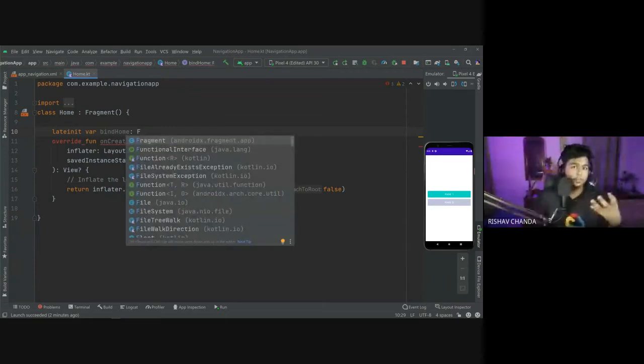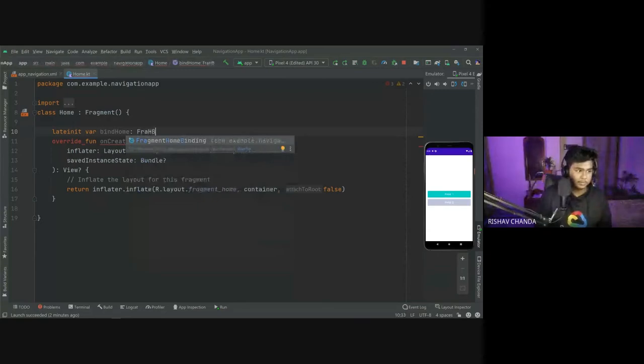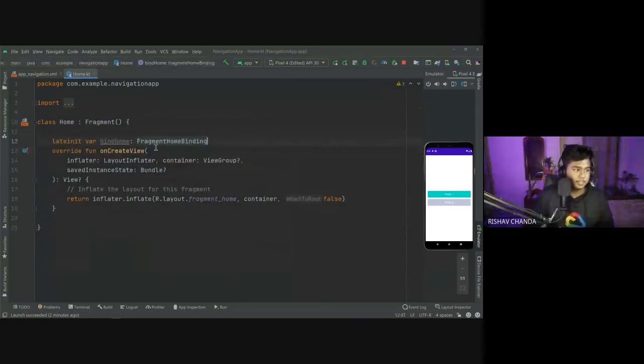When you are implementing the binding in main activity, you have written activity main binding. So here we have a fragment, so we will be writing fragment home binding. Okay, this is the process of how it works. So I would write fragment home binding, this one. Once it is done, it will import the binding automatically. And after this, this is done.